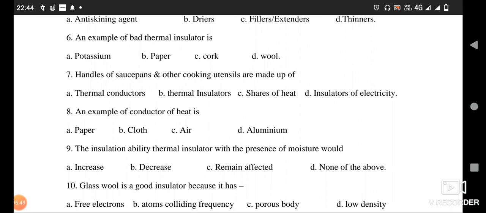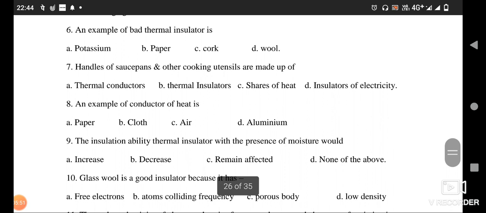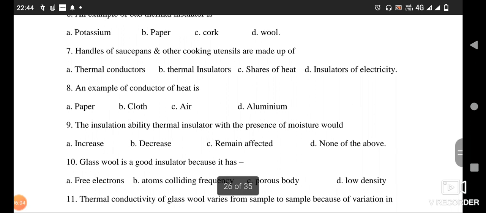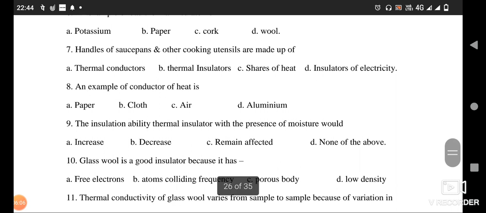And then after that, MCQ number 7: handles of saucepans and other cooking utensils are made up of option A, thermal conductors, B, thermal insulators, C, shares of heat, D, insulators of electricity. So out of those four options, option number B, thermal insulators, will be correct, because